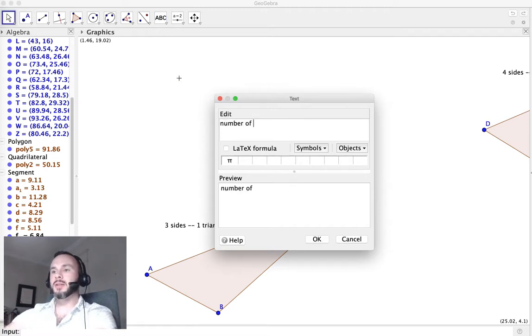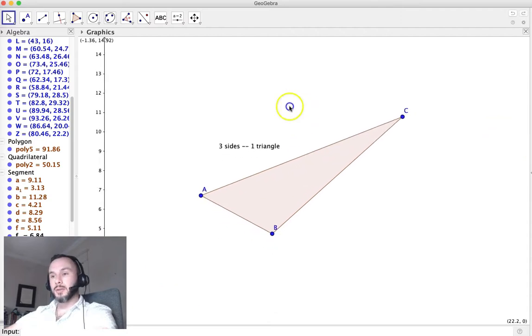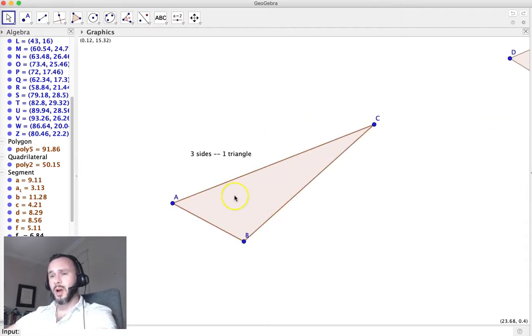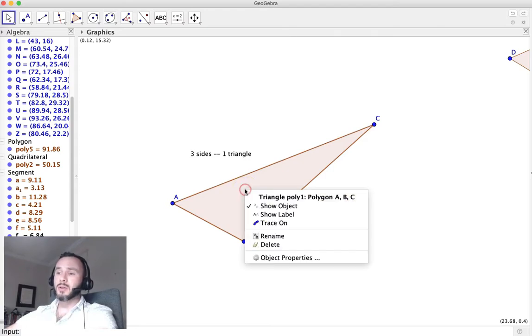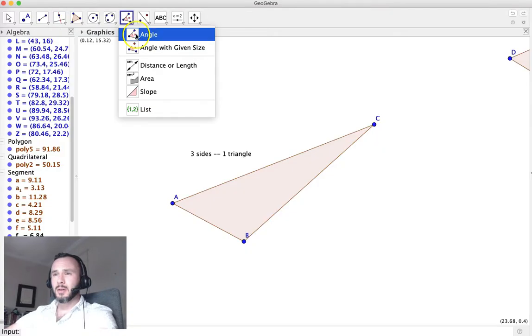Number of sides minus 2. That's what we're looking for here. Number of sides minus 2. And so we're going to learn more about that in just a second. So let's think back to what we know about triangles. So this triangle, the sum of its interior angles is pretty obviously, let's do